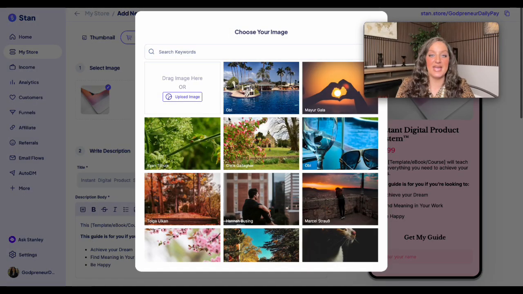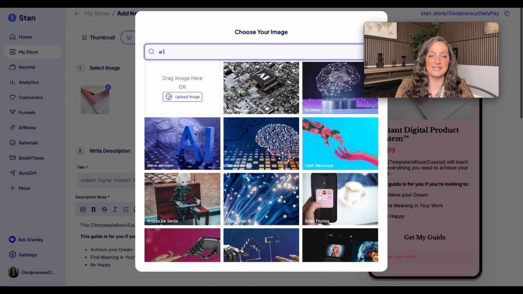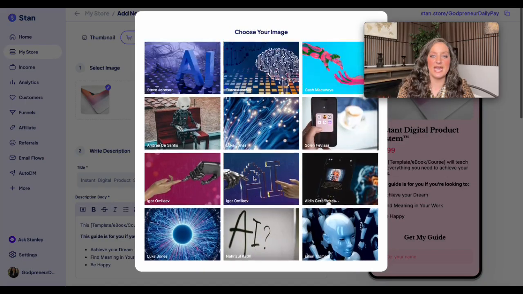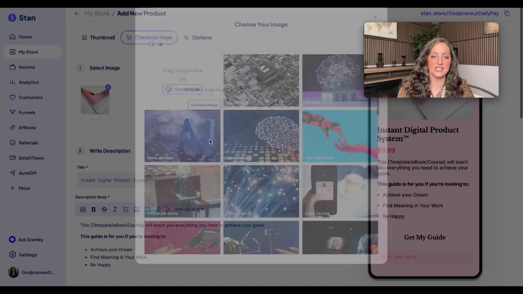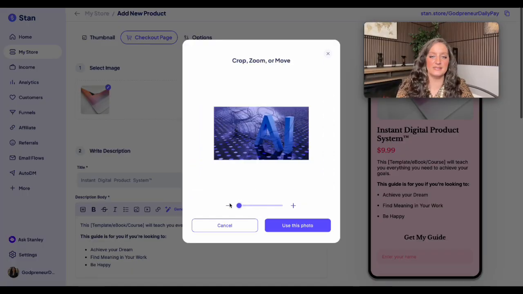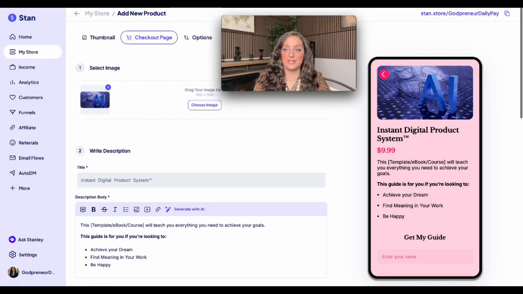Okay. And then let's just type in here AI and see what it pulls up. Okay, cool. So it has some images. So you can use these images here, you guys. All I did is instead of uploading an image that I had already downloaded, I just went here and it's got all of these stock images you can use. So let's go ahead and pick a stock image. I like this one. And then right here, you could drag it right to the size. So we'll go ahead and drag it. And now right here, that's what people are going to see, okay?